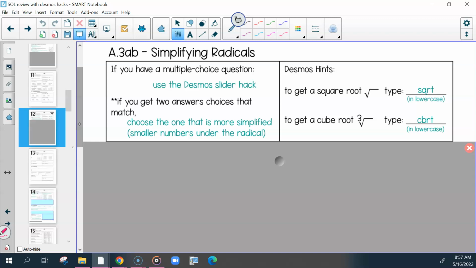If you have your computer up, you can open up Desmos, but you shouldn't be working on other things. It looks like this. You guys can start writing this down. So on the simplifying radicals page, if you have a multiple choice question, you can use the Desmos Hack. That's putting all of the problem in with capital letters, making them sliders, and then changing those values to